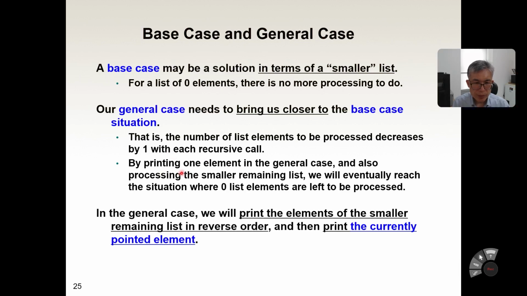By printing one element in the general case and also processing the smaller remaining list, we will eventually reach the situation where 0 list elements are left to be processed. Then in the general case, we print the elements of the smaller remaining list in reverse order, and then print the currently pointed